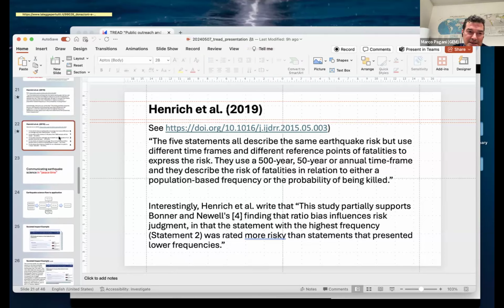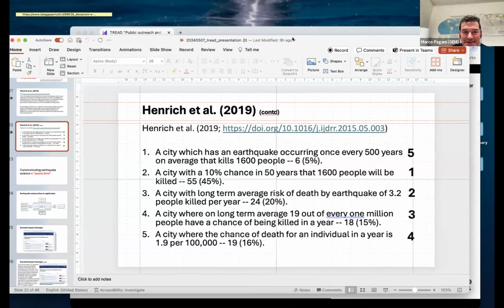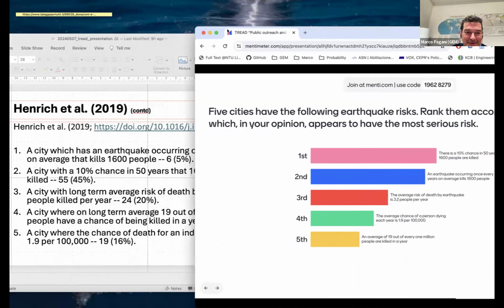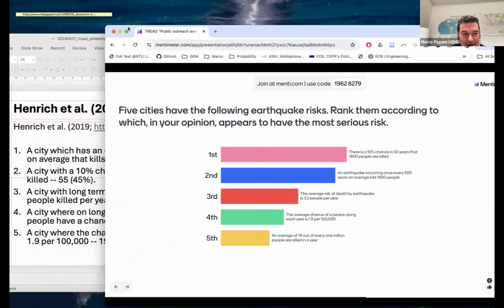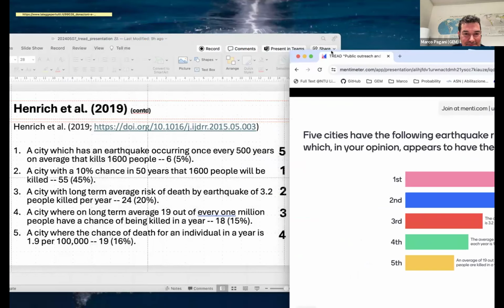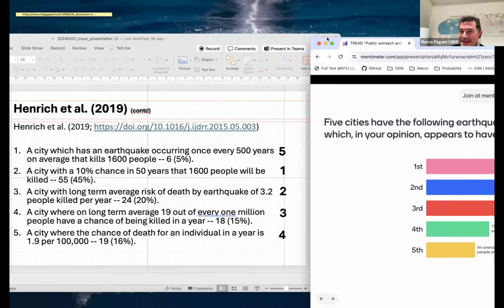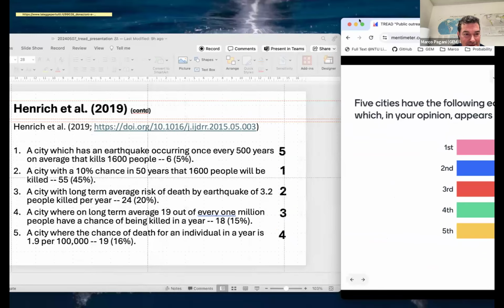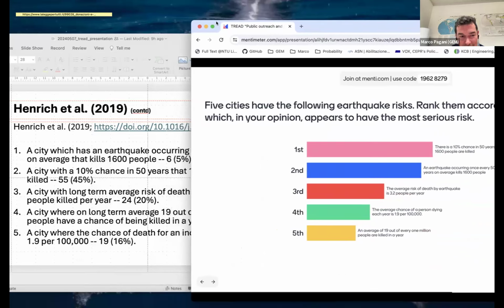And if we look at the results, let's see if you answered in a similar way to what was answered. So for a city, in our case, the one with the highest is there is a 10% chance, which is indeed also the one that was ranked as the first in their research. Then the second is, in our case, an earthquake occurring once every 500 years,